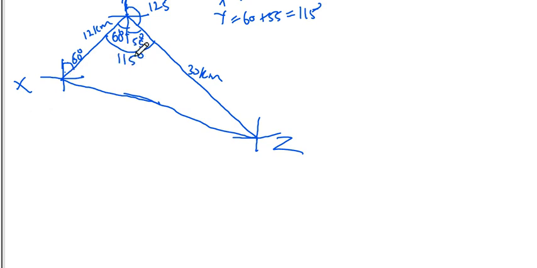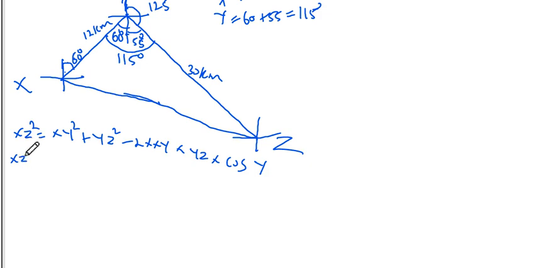The cosine rule states that, since we are looking for XZ, XZ squared is equal to XY squared plus YZ squared minus 2 times XY times YZ times cos Y. So XZ squared becomes 12 squared plus 30 squared minus 2 times 12 times 30 times cos Y, the angle of Y is 115, cos 115